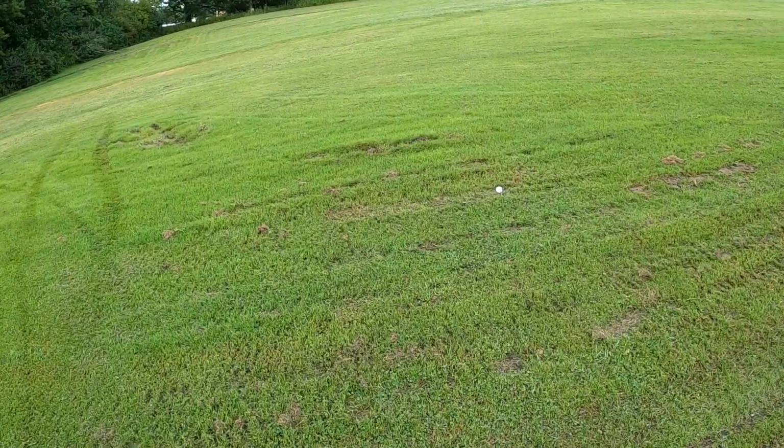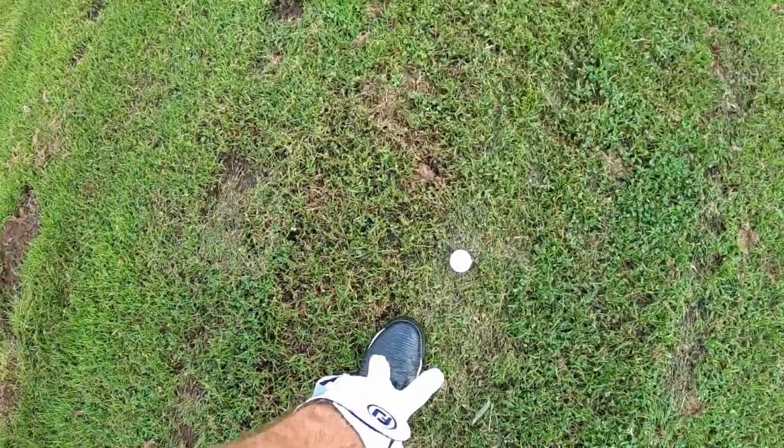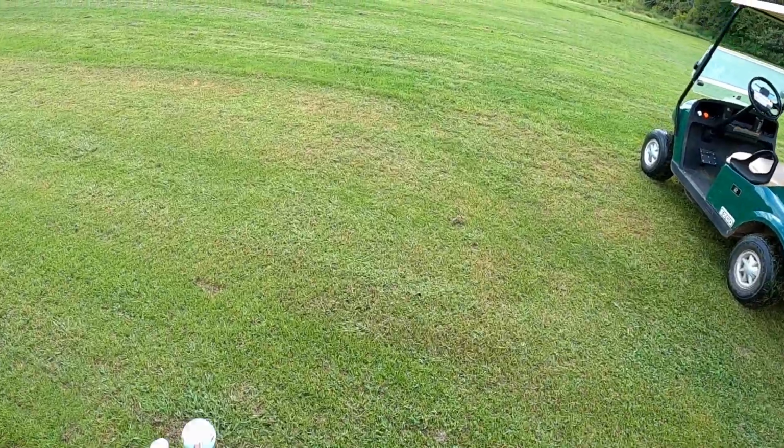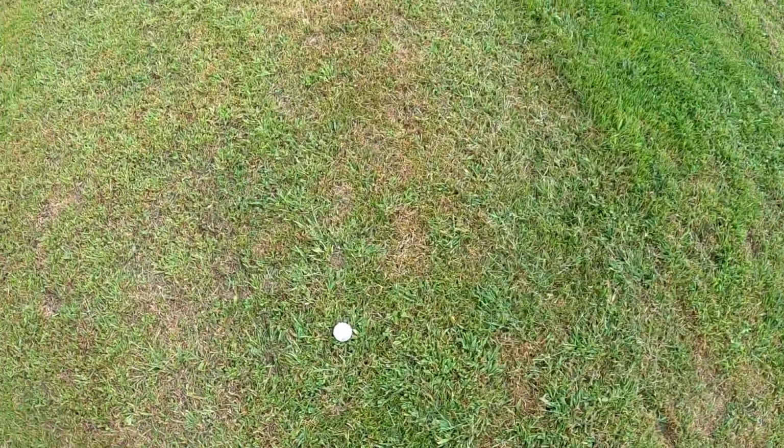Really well hit. This is super wet here. I don't know why, but I'm not going to hit off this. I will move it to the right where it is not wet. But basically, just hit every shot that I would with my hybrid and my driver with the 3-wood